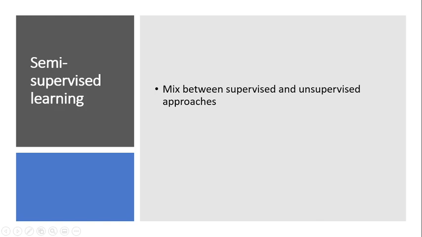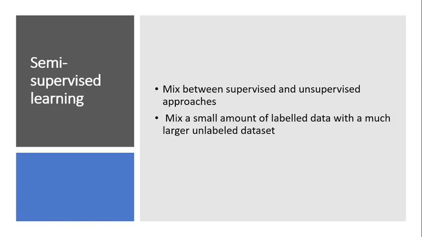Doing this reduces the burden of having enough labeled data. Therefore, it opens many more problems to be solved with machine learning. So simply what it does, you have a large set of unlabeled data, and to make the machine learning easier, it mixes in some amount of labeled data. A perfect example of this can be a breast cancer scan.